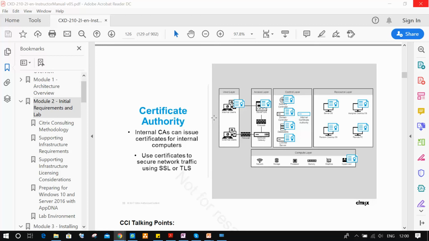Certificate authority. On each and every server we will be installing a certificate from the CA. That is very important because every transaction is in encrypted format. Without installing a certificate, all the transactions are in open text, so there may be chances to steal your data. Okay. So please be careful in this.